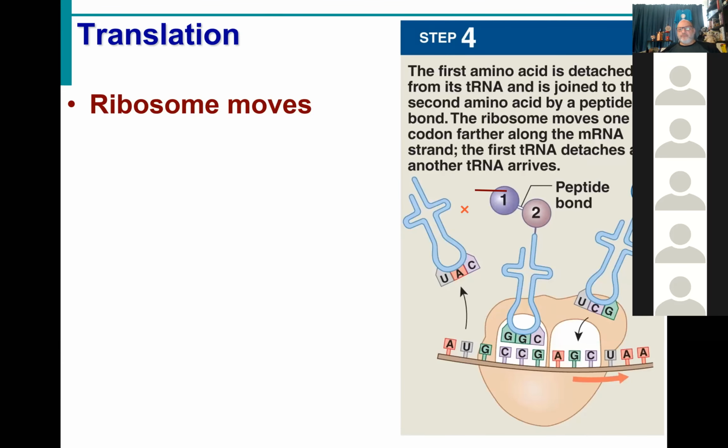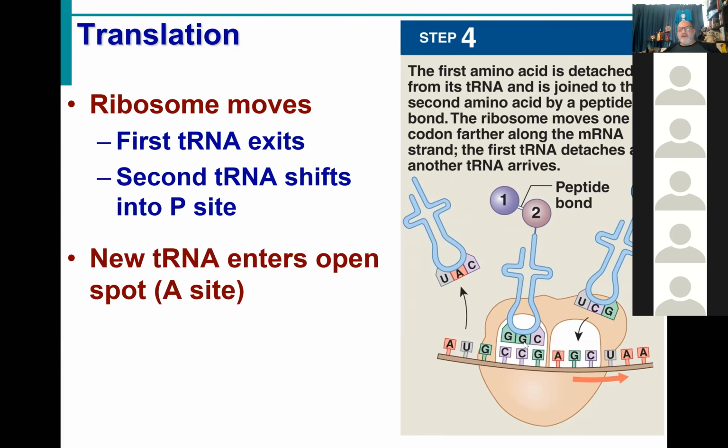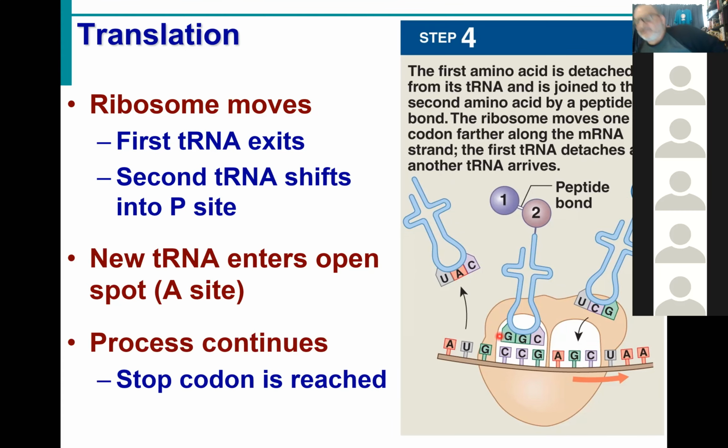which, as we know, when it shifts, is going to enter the E site and exit. And so the whole ribosome shifts to the right. Our first transfer RNA exits. Our second is now in the P site. And now our A site is once again open for a new transfer RNA to come in using a specific anticodon. Once it's in, we make a bond and we break a bond. And again, this process continues literally thousands of times